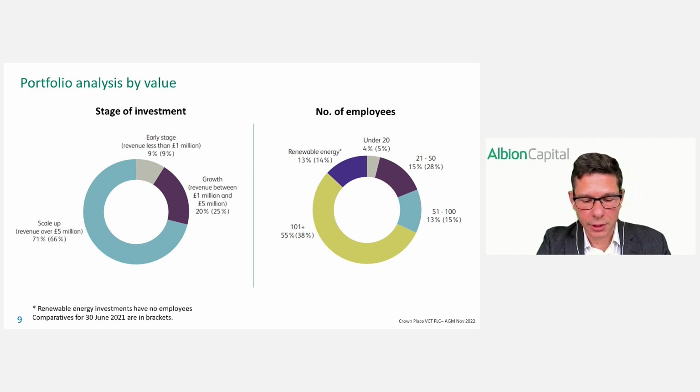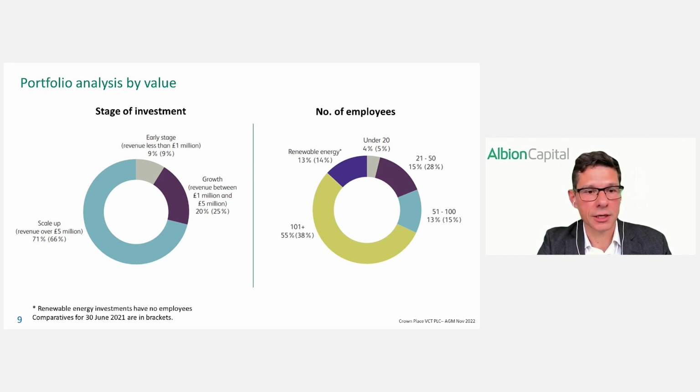So you will see that when the portfolio is looked at by way of value, the early stage investments, those that we defined with revenues less than 1 million, were less than 10% of the total portfolio value. The growth stage investments, those with revenues between 1 and 5 million, represented approximately 20%. And the scale-up investments, those with 5 million or more of revenue, represented the vast majority of value, approximately 71%